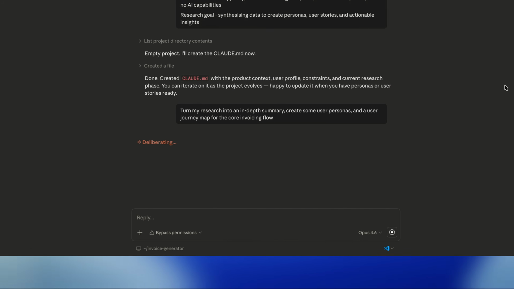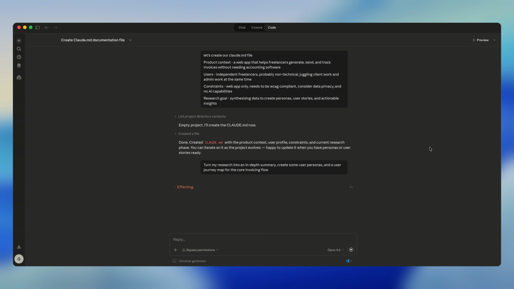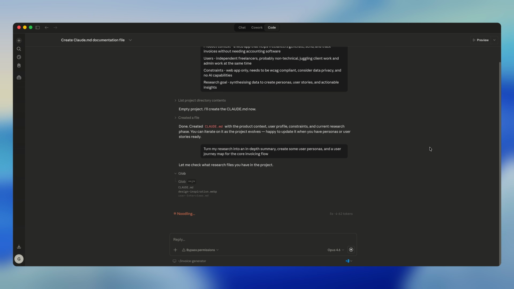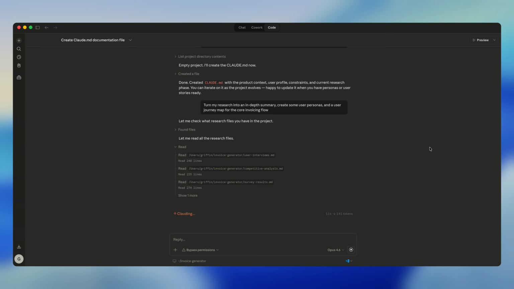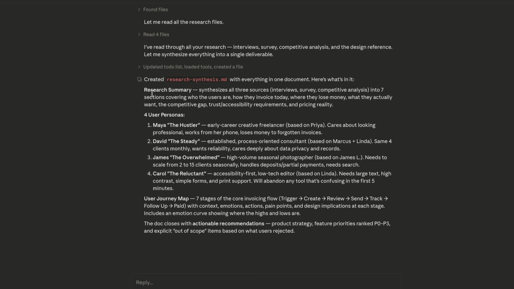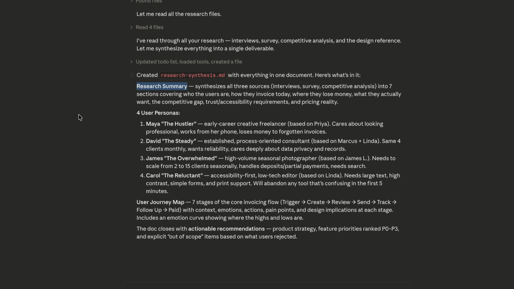And then what I get back is going to guide the rest of this design project from the UI design phase all the way to a working app. It's really going to keep us on track to make sure we're designing an app that's actually user-centered and solving a real problem. So now it says it's synthesized our user research and given us a research summary, given us